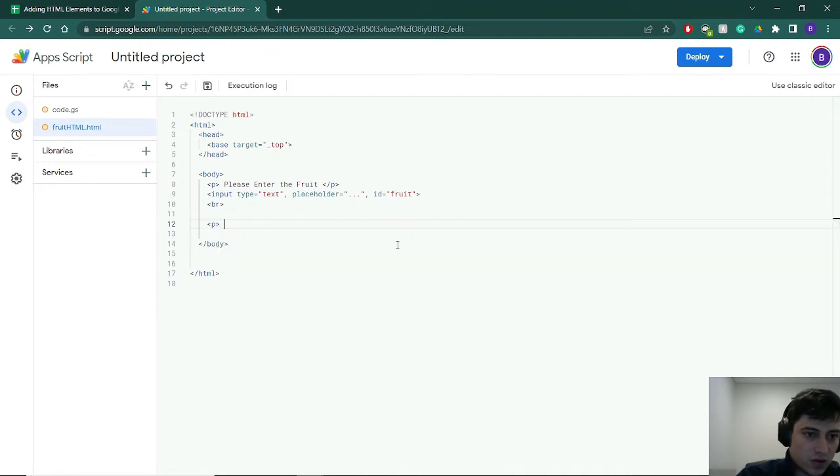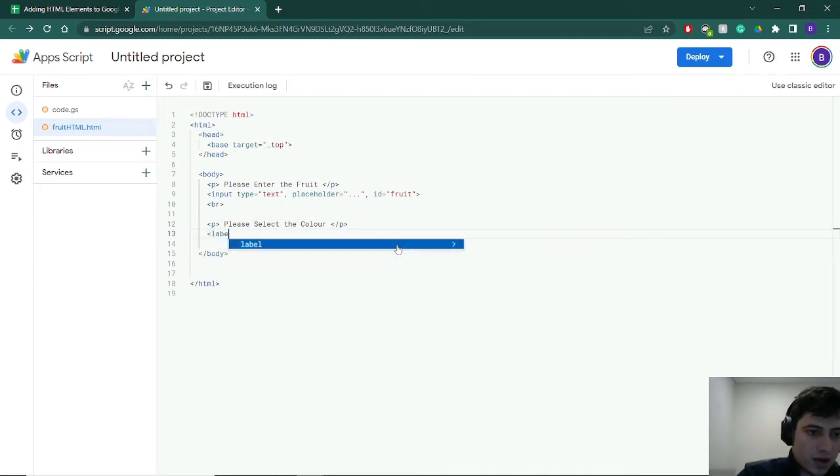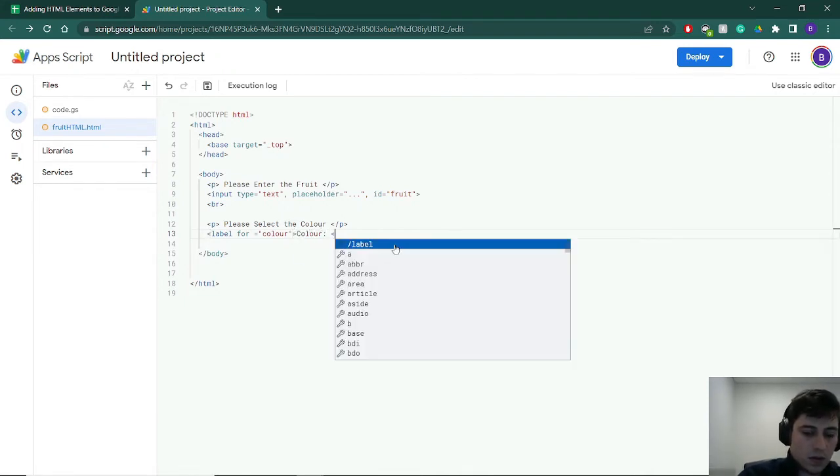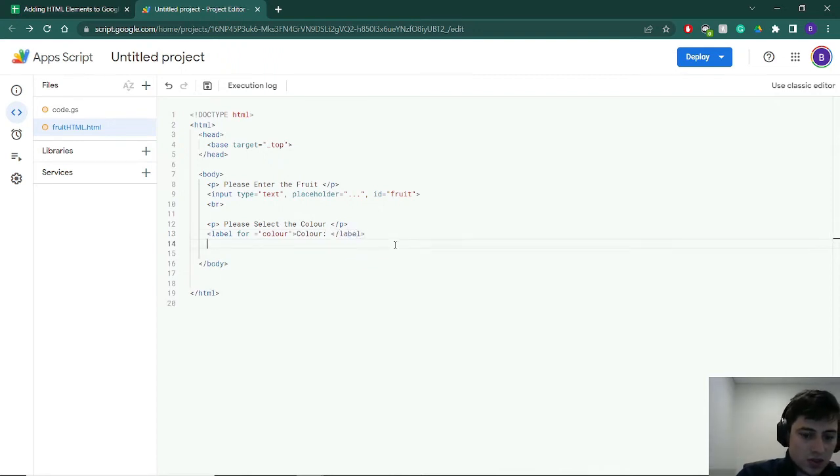So let's add a new label called please select the color. We'll make a nice label drop down box for this. So let's end the label. And now we want to make the associated drop down box. And it's pretty easy to make a drop down box using select. All these HTML components you can just look up on various websites. Otherwise,